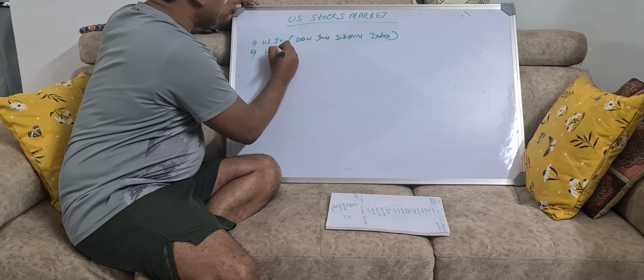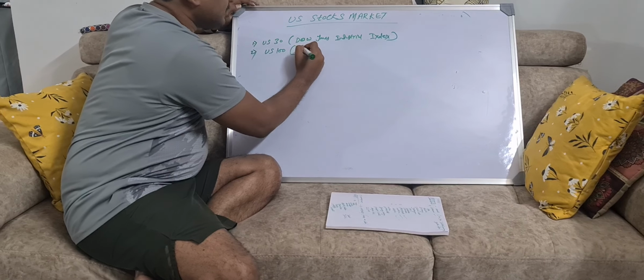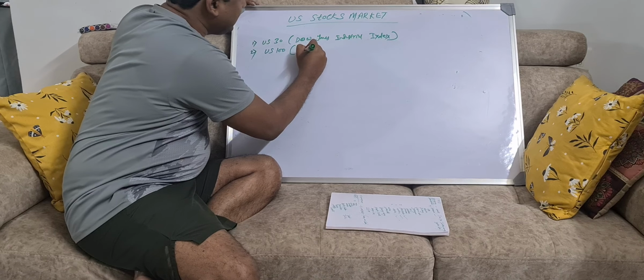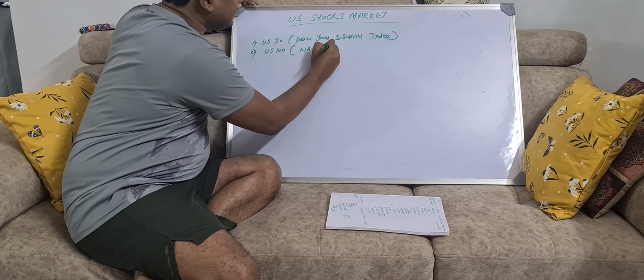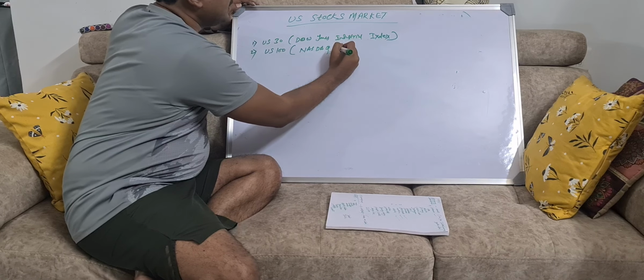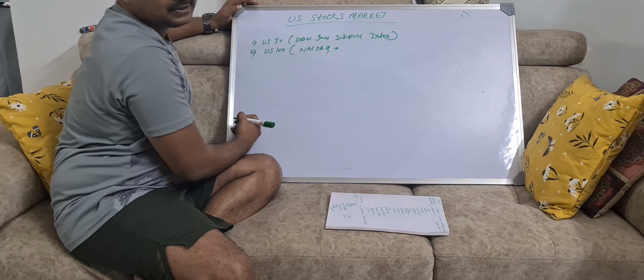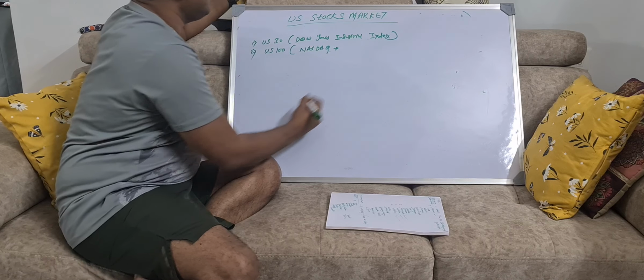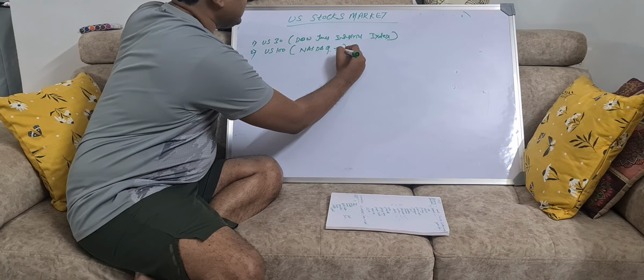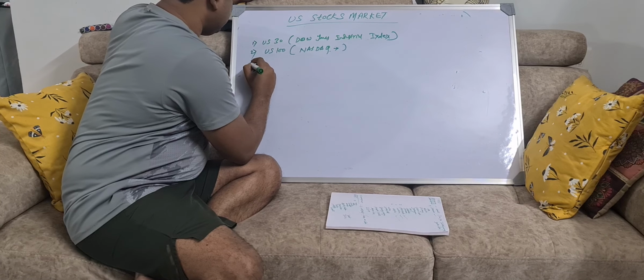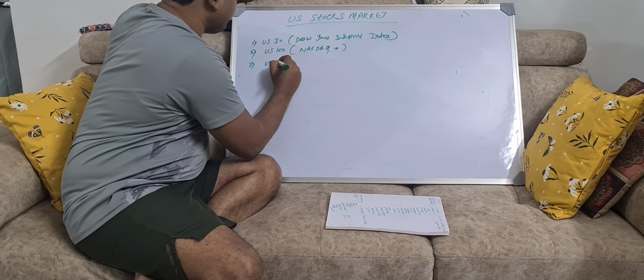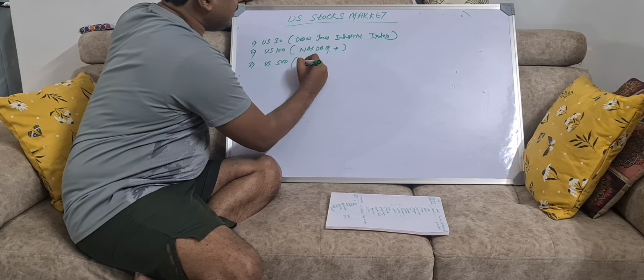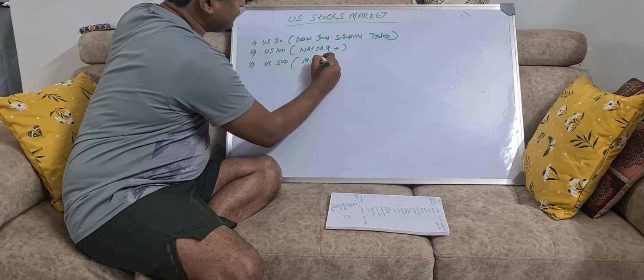Now we have US 100. That is what we call NASDAQ, the NASDAQ listed companies. These are mostly tech companies. Most tech companies are included under the US 100. Okay, this is one index. Now we have US 500. So these are mid cap companies